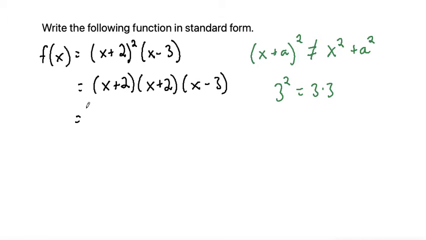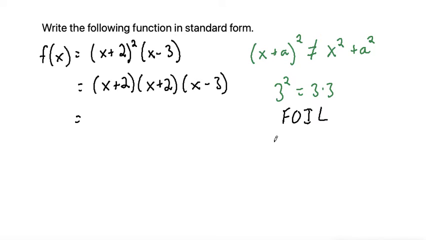Okay, from here, in order to multiply what's inside one parentheses by another parentheses, we take every term that's in the first parentheses and multiply it by every term in the second parentheses. Whenever there are 2 terms in each parentheses, we use a method that's called FOIL. So FOIL,